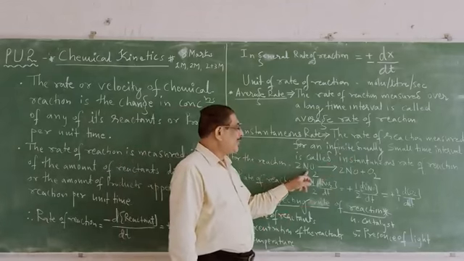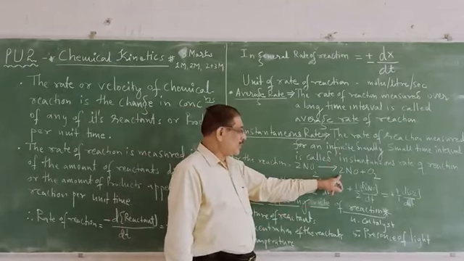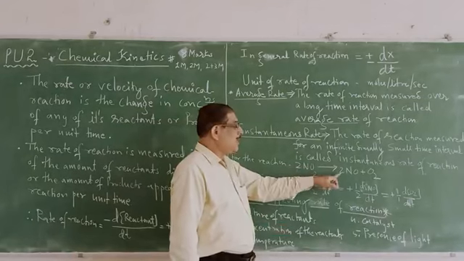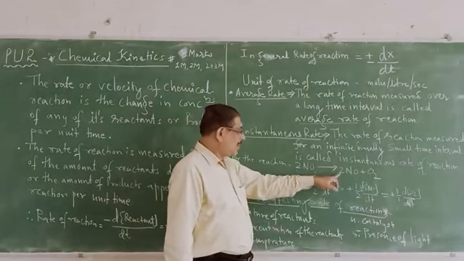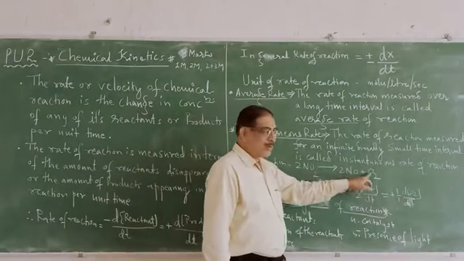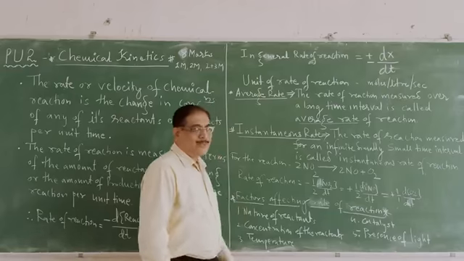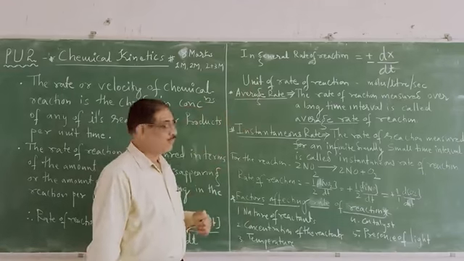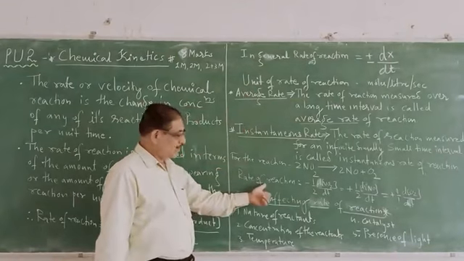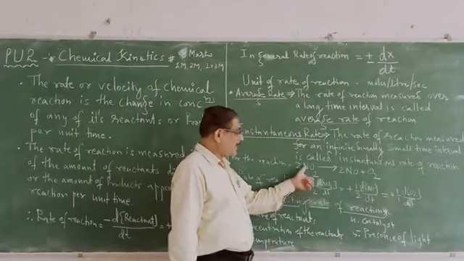Here, 2NO2 decomposes to give 2NO plus O2. Nitrogen dioxide decomposes to give 2 moles of nitric oxide and 1 mole of oxygen. So, as per this equation, how can we write the rate of reaction? That is equal to minus, meaning decrease,